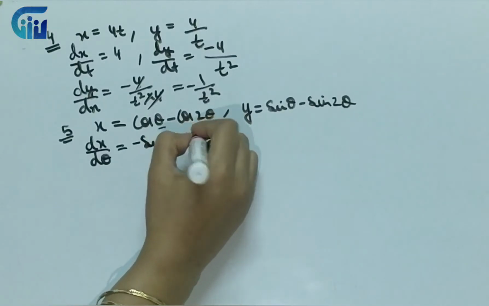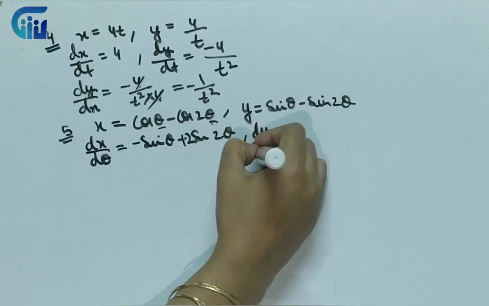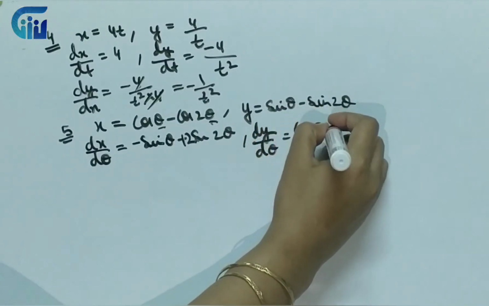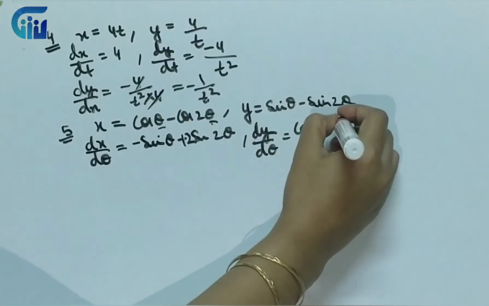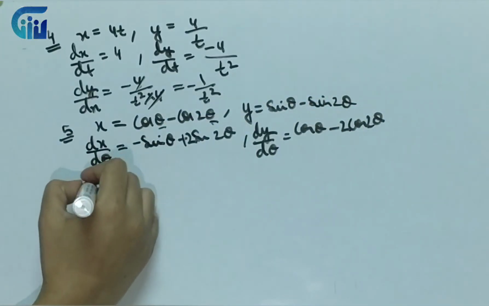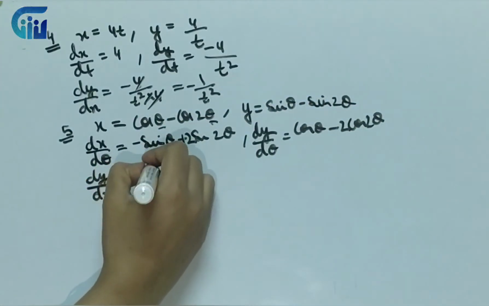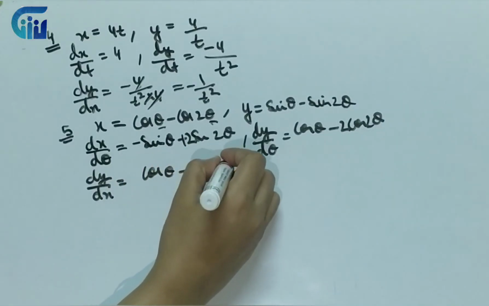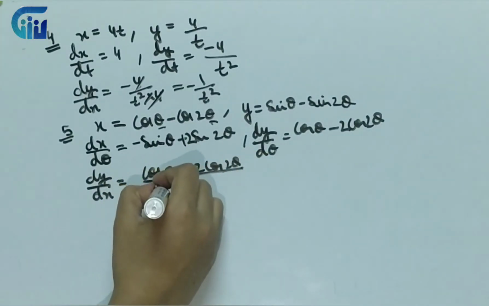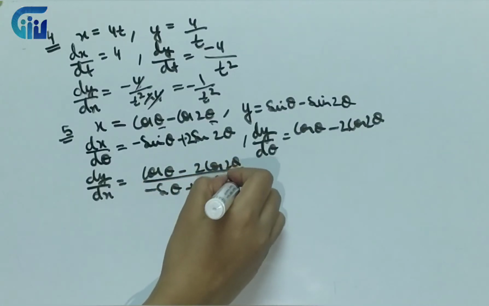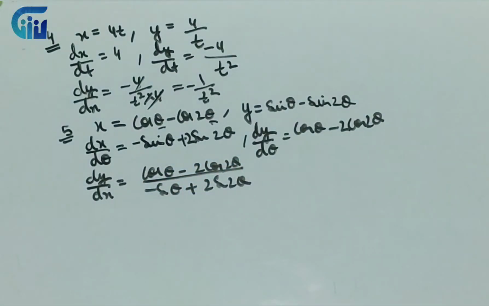Then for 2 theta it is 2. Similarly dy by d theta is cos theta minus cos 2 theta into 2. So again dy by dx will be (cos theta minus 2 cos 2 theta) upon (minus sine theta plus 2 sine 2 theta). Even if I open up the formula, I will not get anything, so we will keep our answer like this only. Or if you want, you can solve it further, but nothing will get cancelled. So we'll leave it like this.